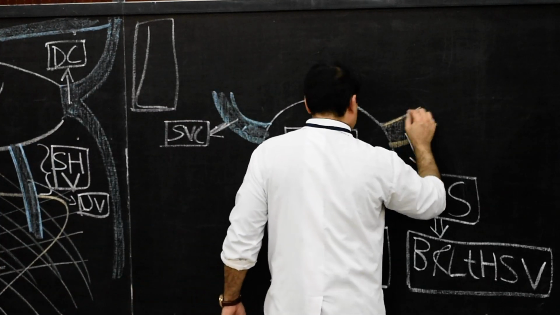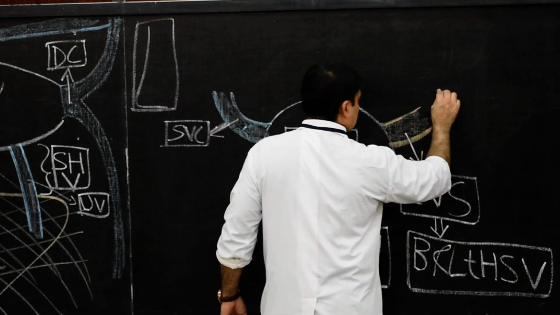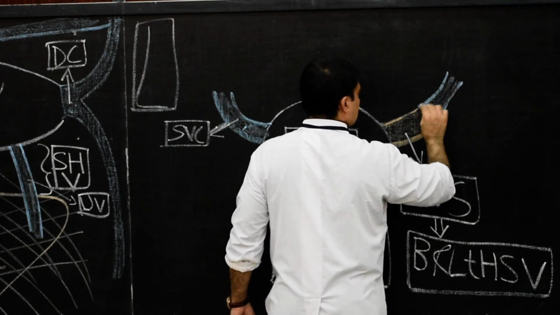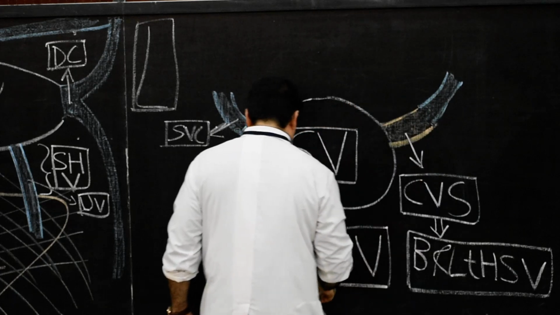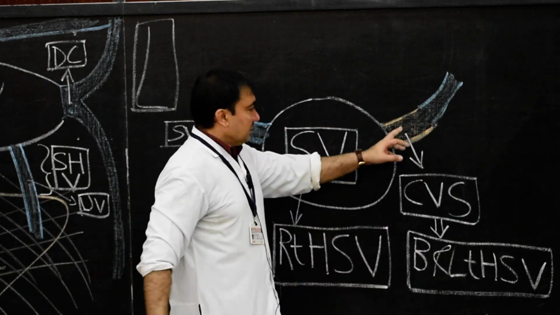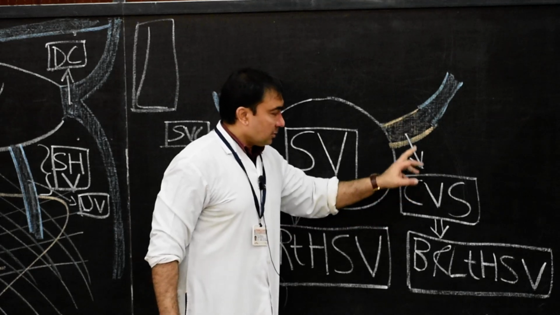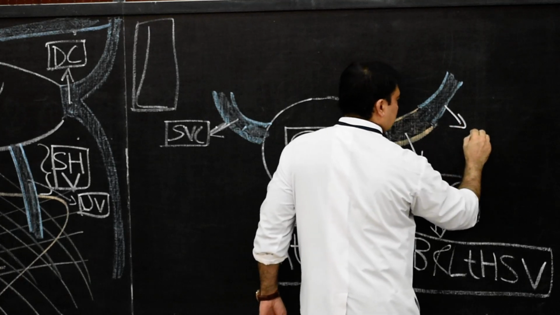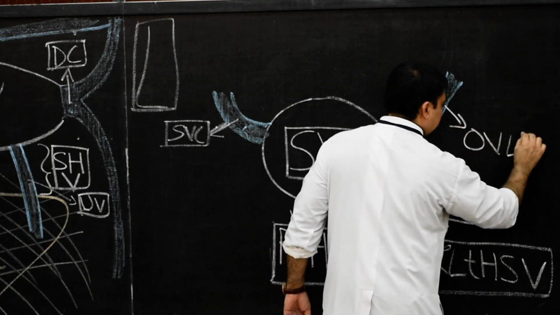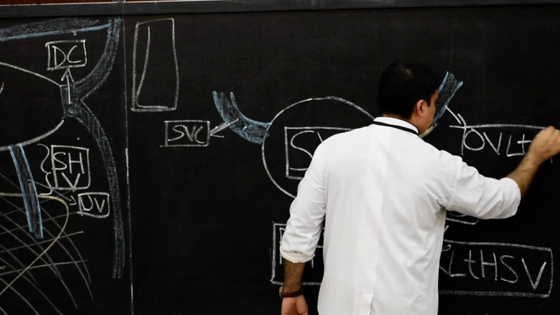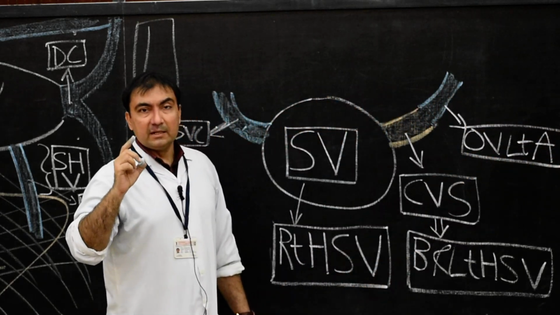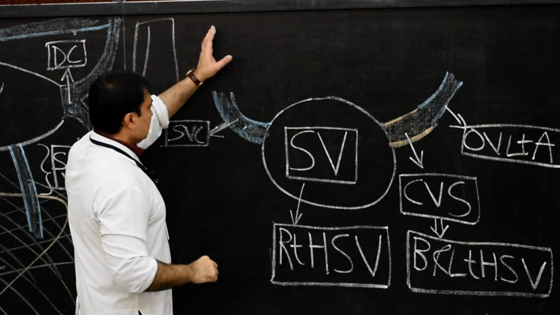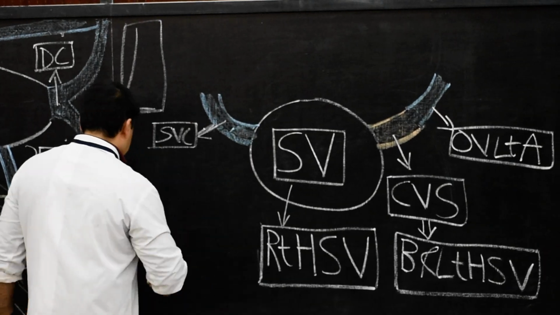What about the left duct of Cuvier? Now here I will show in the same portion, I will just change the color. This left duct of Cuvier will join the coronary venous sinus, and it will develop into, very important, the oblique vein of left atrium. So oblique vein of left atrium will develop from the left duct of Cuvier. Please note down. Then we go above, caudal half of the right anterior cardinal vein.